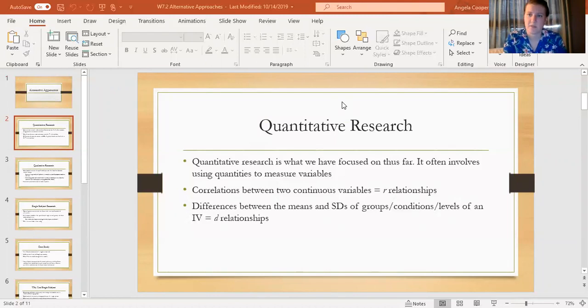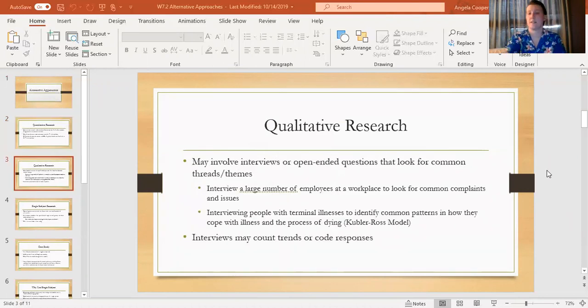Even though that's what we've been focusing on up to this point, that is by far not the only type of research conducted in the field of psychology. We have qualitative research, not to be confused with quantitative. There's an L in here. Qualitative research is where we are